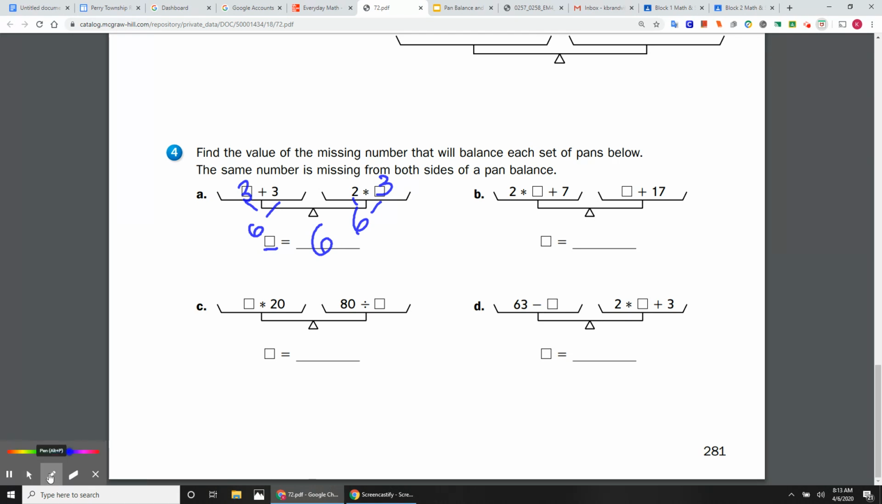All right, hopefully you tried to solve these on your own. For letter B, the square would equal 10. For letter C, the square would equal 2. And letter D, the square would equal